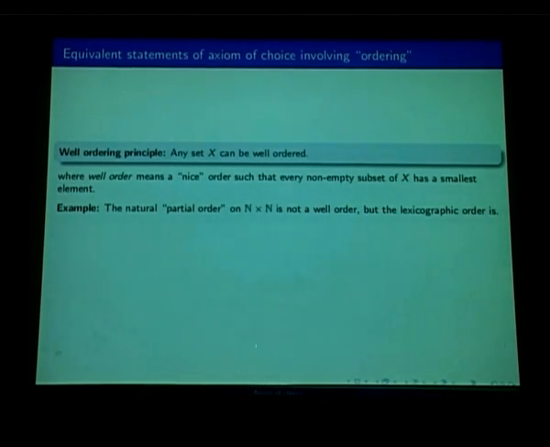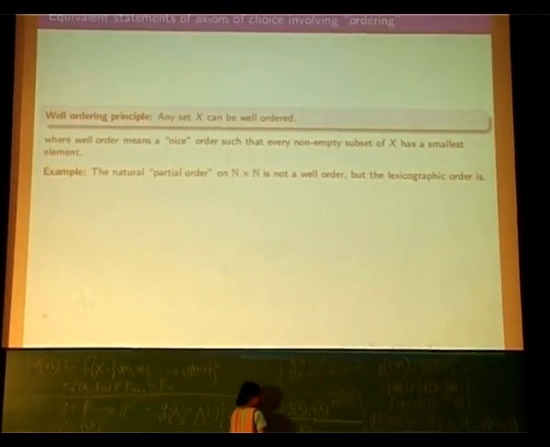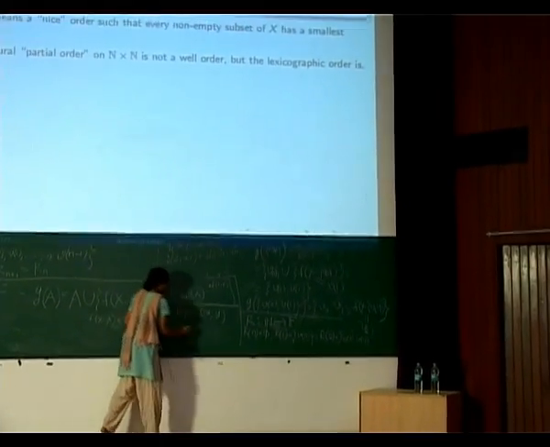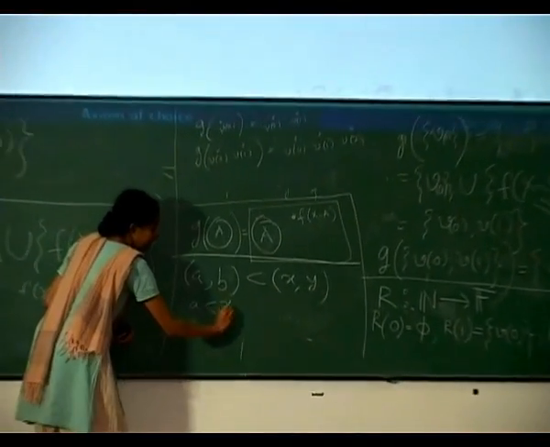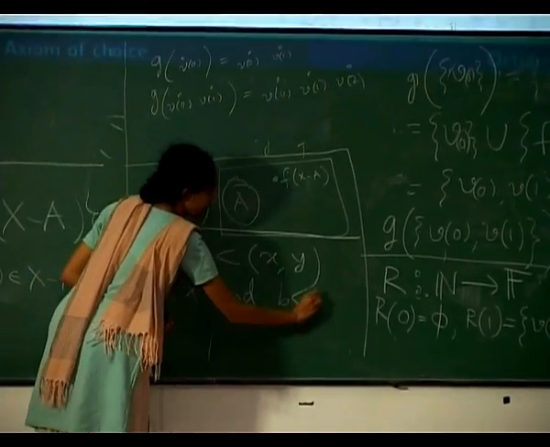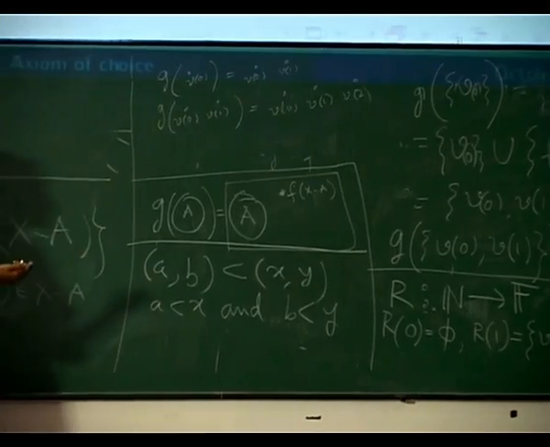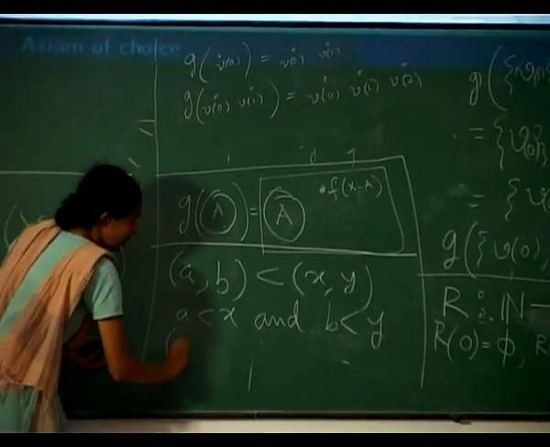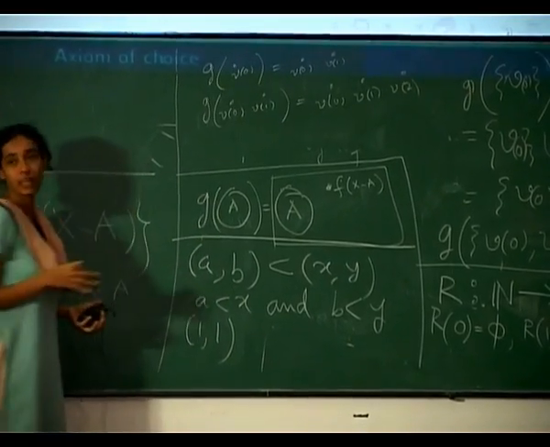Well order means a nice order on a set such that if you take any non-empty subset of that set, it will have a smallest element. For example, if I take this N cross N, and I put the natural partial order on it, what I mean by natural partial order is that (a, b) will be less than (x, y) if and only if a is less than x and b is less than y. You can just try by yourself that (1, 1) is the smallest element of the whole set N cross N with this ordering,